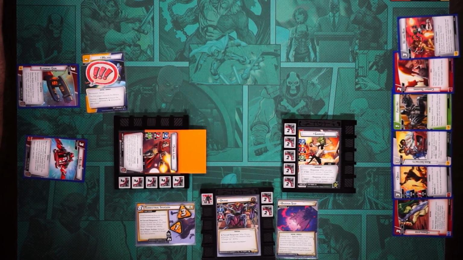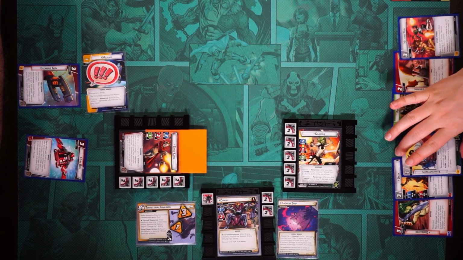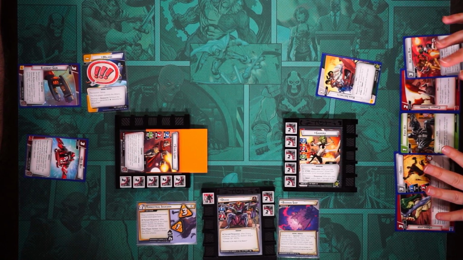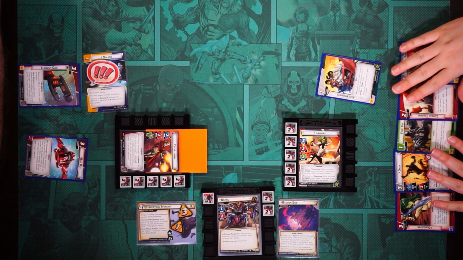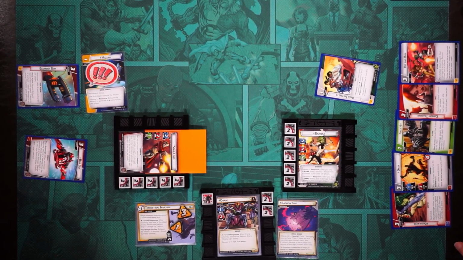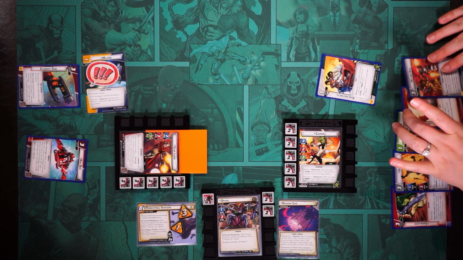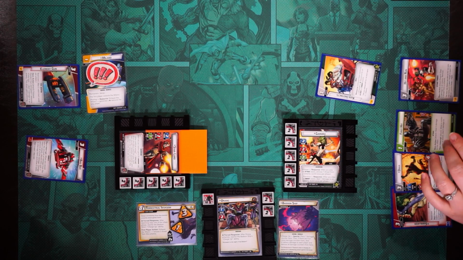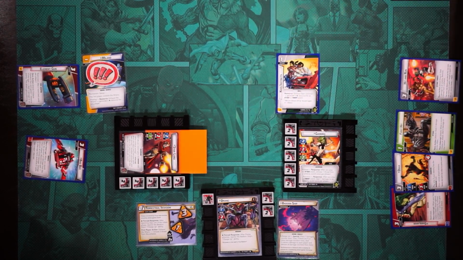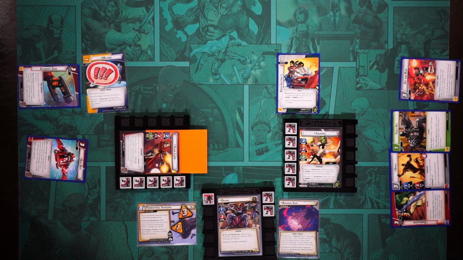All right. So I definitely want to get the Keen Instincts in play because it's going to generate a resource for every attack or thwart event I play. So I feel like I'm going to get rid of the combat draining, play that. Okay. Then I just use